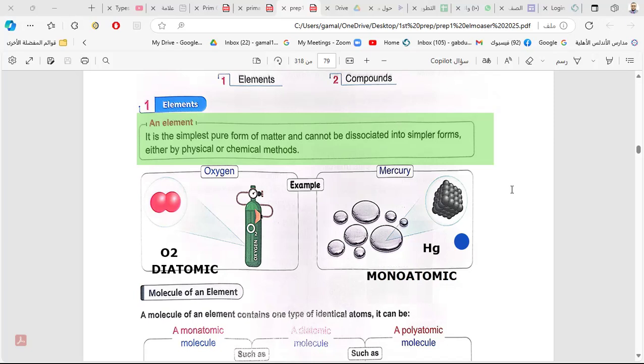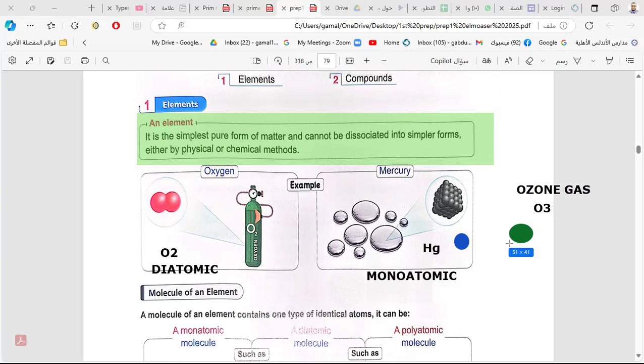You know ozone gas? Did you hear about ozone? Ozone gas in the atmosphere protects the earth from harmful radiation, from harmful rays that come from the sun. You know the ozone layer? It's the outer layer on the earth. The ozone hole is very dangerous. The ozone gas is O3. Its symbol is O3. So how many atoms in ozone? 3. Yes, there are 3 atoms.